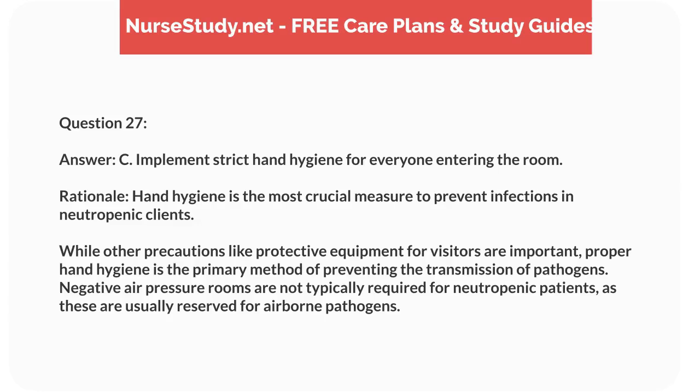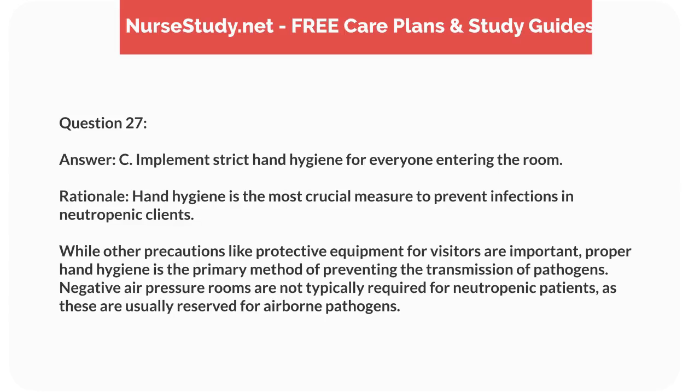Answer: C. Implement strict hand hygiene for everyone entering the room. Rationale: hand hygiene is the most crucial measure to prevent infections in neutropenic clients. While other precautions like protective equipment for visitors are important, proper hand hygiene is the primary method of preventing the transmission of pathogens. Negative air pressure rooms are not typically required for neutropenic patients, as these are usually reserved for